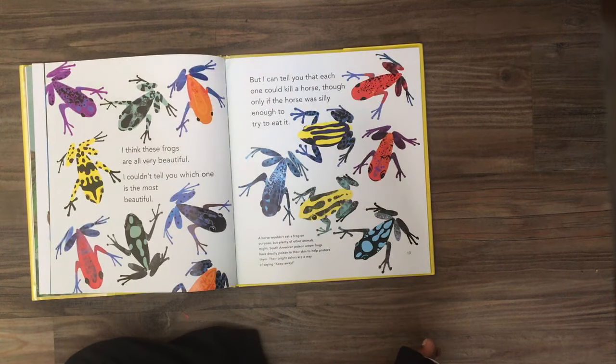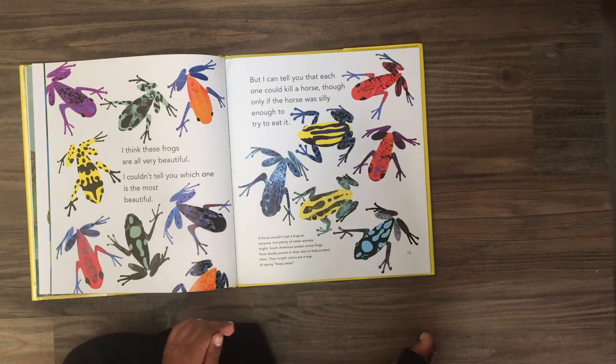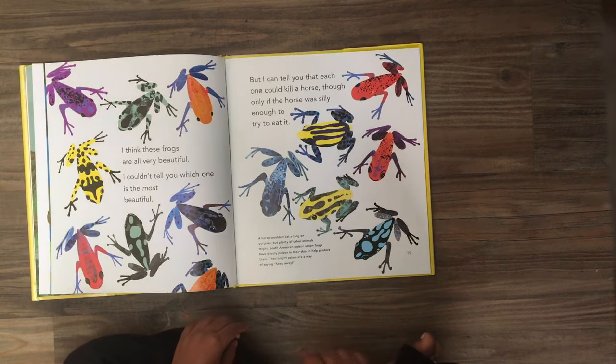I think these frogs are all very beautiful. I couldn't tell you which one is the most beautiful, but I can tell you that each one could kill a horse, though only if the horse was silly enough to try to eat it. A horse wouldn't eat a frog on purpose, but plenty of other animals